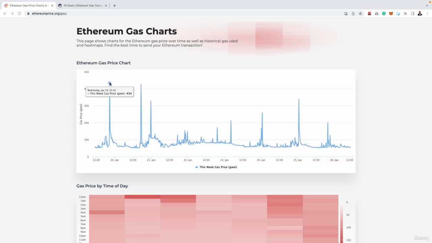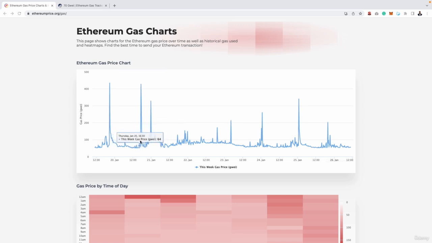So you can see there's really big spikes where at some points in time, gas was costing a lot of money. Now, this is really useful to know, as if you are running on a tight budget, you obviously do not want to be making any purchases using Ethereum when gas prices are really high. So I really recommend you actually come in here and check the gas prices. And it's always good to see past historical trends as well, just to see historically when gas has been